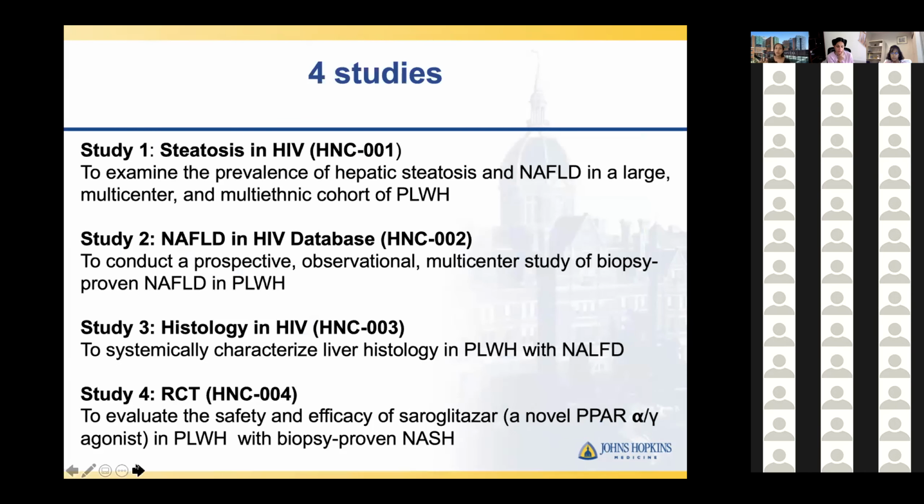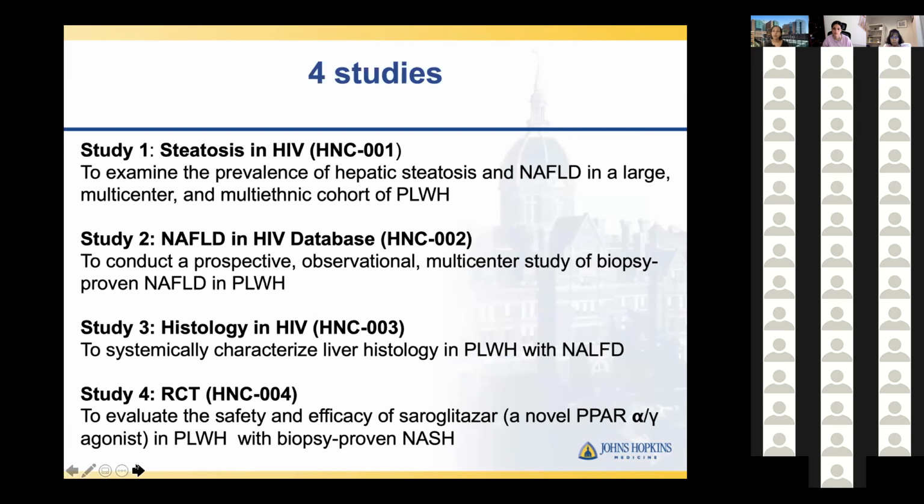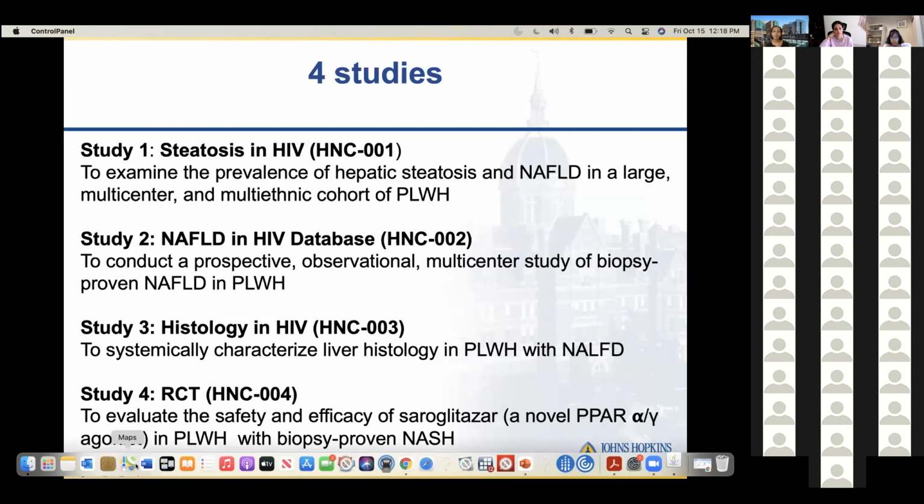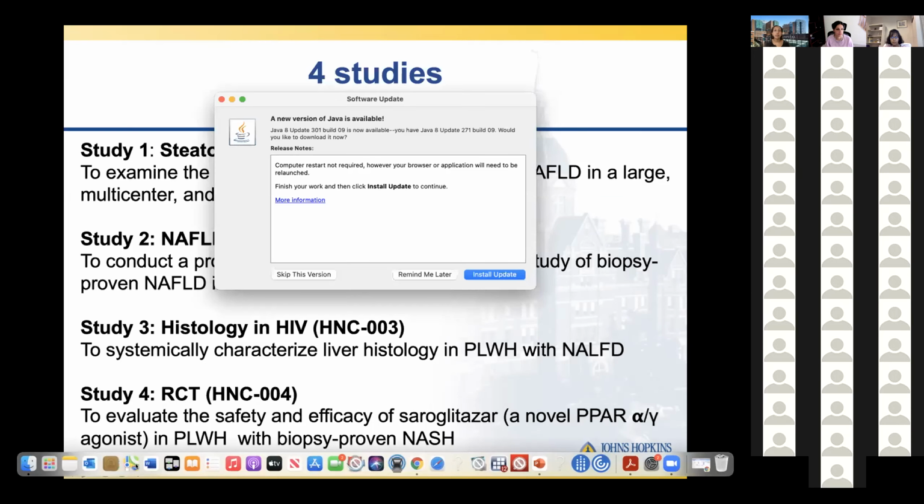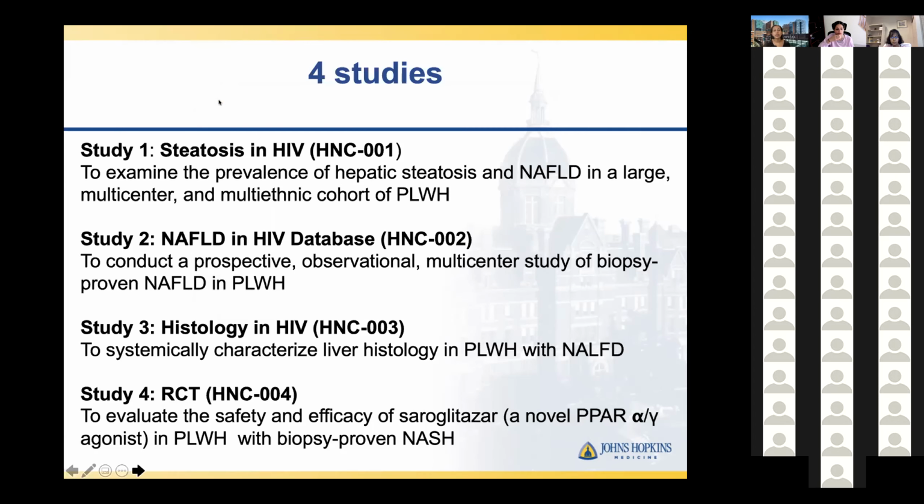Okay, so now moving on to the study. We have one study that's actually open for enrollment right now, and that's our first study. It's the simplest study design. This is a study called Steatosis in HIV, and we are assessing the prevalence of steatosis in all comers with HIV infection. That's important because I mentioned some of the limitations with the earlier smaller studies, so this will probably give more of an estimate of the actual prevalence. So this study is open for enrollment. We'd love for you to refer any patients you have with HIV, and I'll go through the inclusion criteria briefly